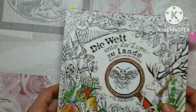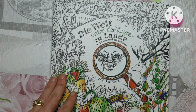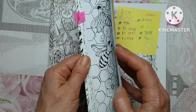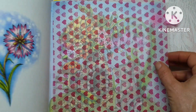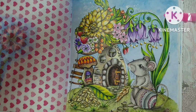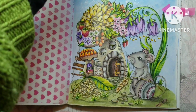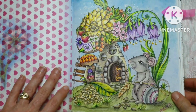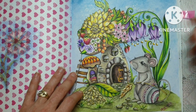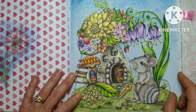Next up are my two books by Rita Berman. My first one is Die Welt unter die Lupe Zulandi, and here I did a couple of whips and completed pages. So here on this side, sorry guys, let's bring you up a bit. I started this page a while ago, and what I used was